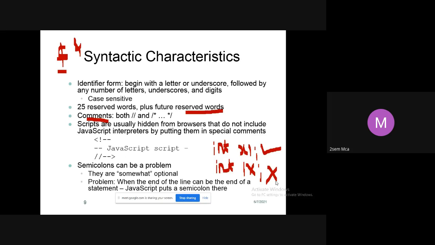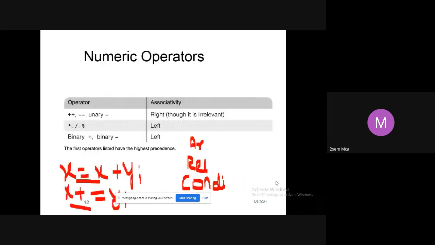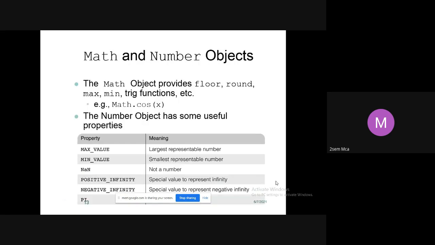And the variable, how we declare a variable. A variable is nothing but an identifier, and we saw the rules to declare a variable, and what reserved words are, their use and meaning. A reserved word is nothing but a predefined word; in the library, the words are predefined. We have also seen comment lines, primitive data types, how to declare a variable, and numeric operators in the last class. And next we have the Math and Number objects.